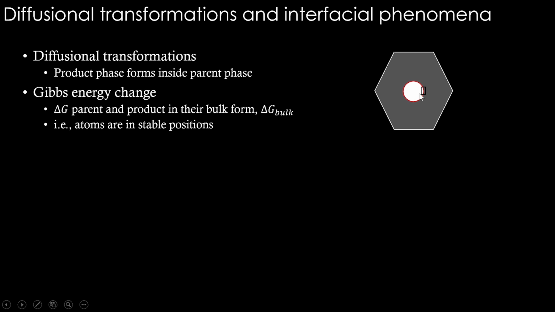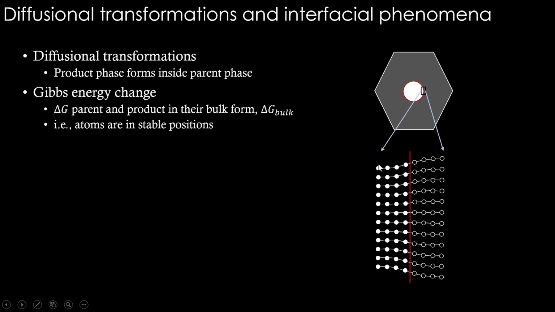Let us focus on this particular part here. If I expand that, this is how we will see the interface. You can see this is the product phase, the atoms in the product phase, and these are the parent atoms here. What you see here as the red line is the interface, and you can see that the white atoms do not have white atoms to bond across this. And these hollow atoms of the parent also do not have the right parent atoms here to bond. So these atoms do not have the right atoms to bond. Therefore, they will be slightly in a higher Gibbs energy state, not in their most stable form. That is point number one.